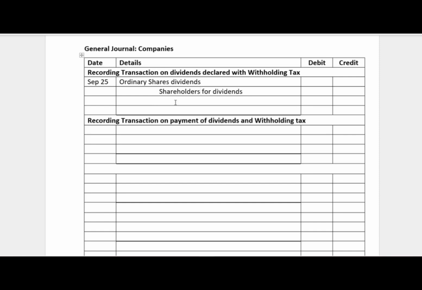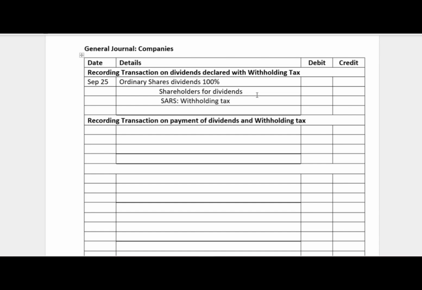Okay, and then you're going to also credit SARS withholding tax. All right, and then remember, this one is going to indicate 100% of the amount